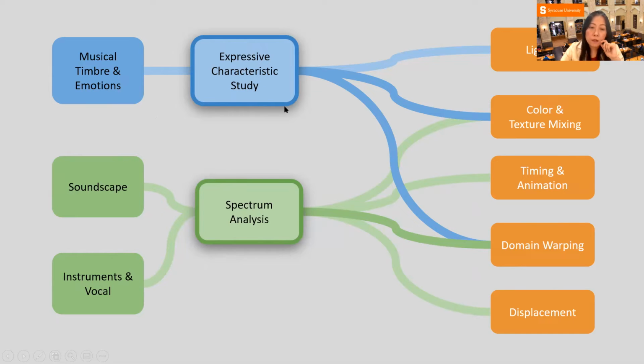The blue layers are the artistic layers. So we're talking about the musical timbre and the emotions, and we're talking about expressive characteristic study of the music. What's the mode of the music? Is there something changed at this moment? So the blue part is the human touch of the project. It's the artistic human touch of the project, which is also the part that distinguishes visual music from a music visualizer. Because the green part to the yellow part can be pretty much achieved automatically, but the adjustment and the